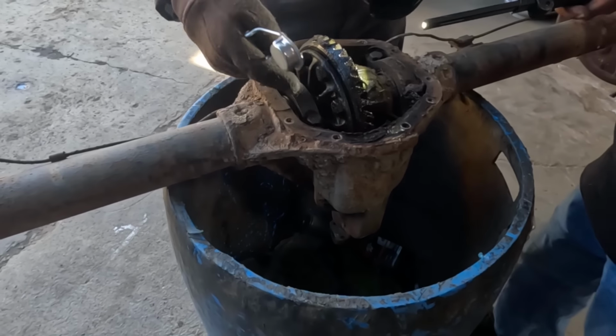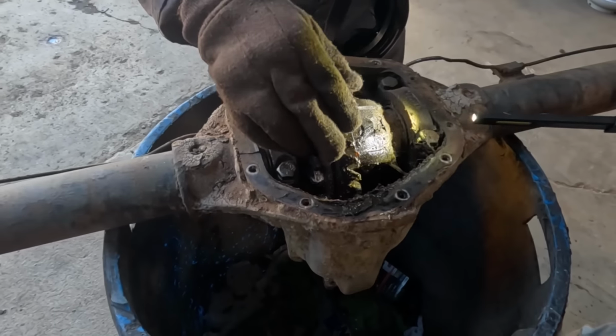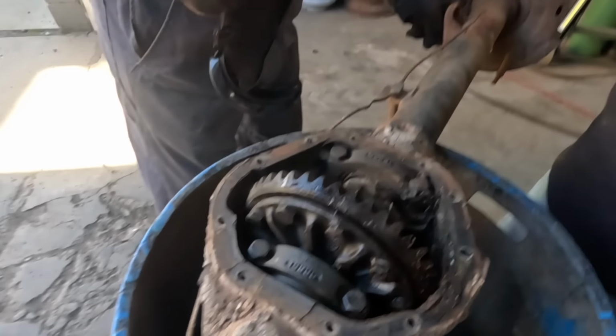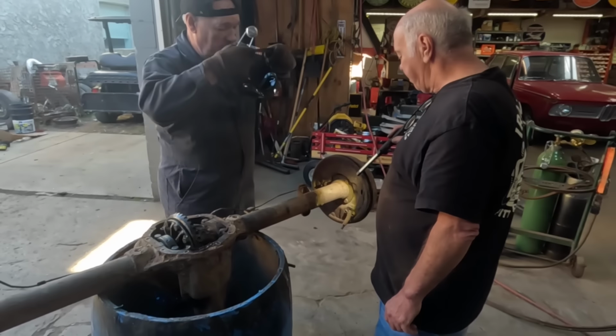Get something to take these caps off. Okay, let's see what they got here for a... We can't even turn it. What I'm gonna do is I'm gonna burn this here. Okay. Because that's the only way that axle's gonna come out without making a big